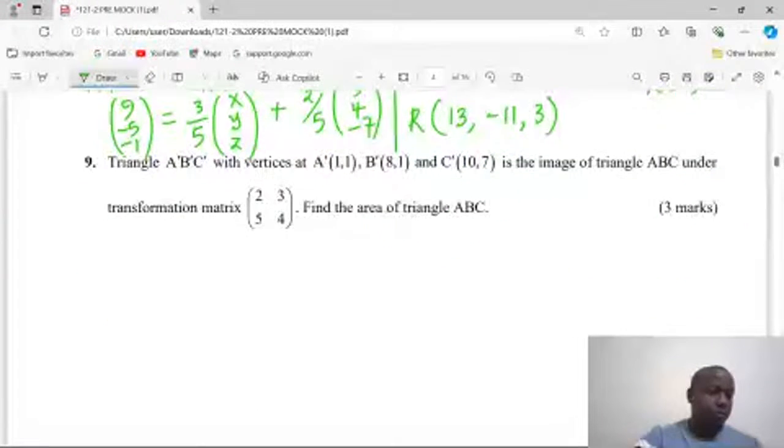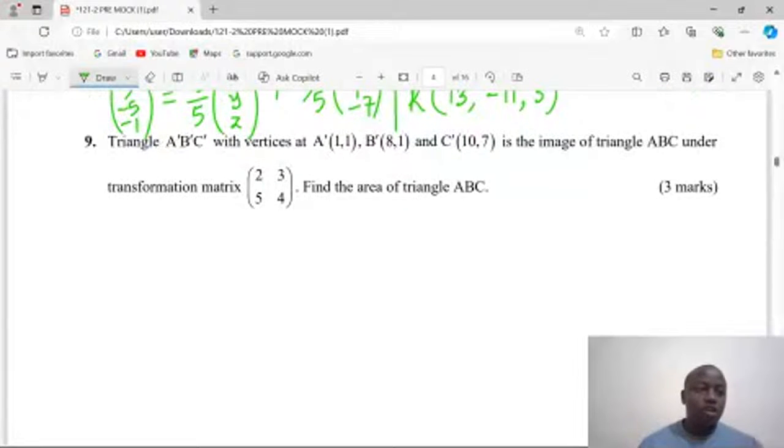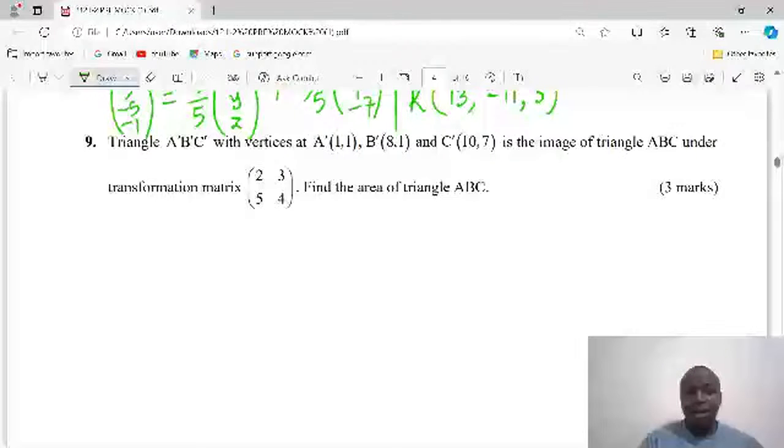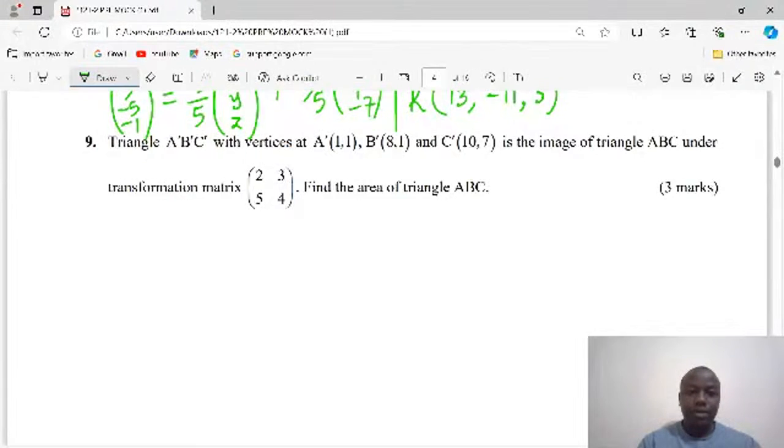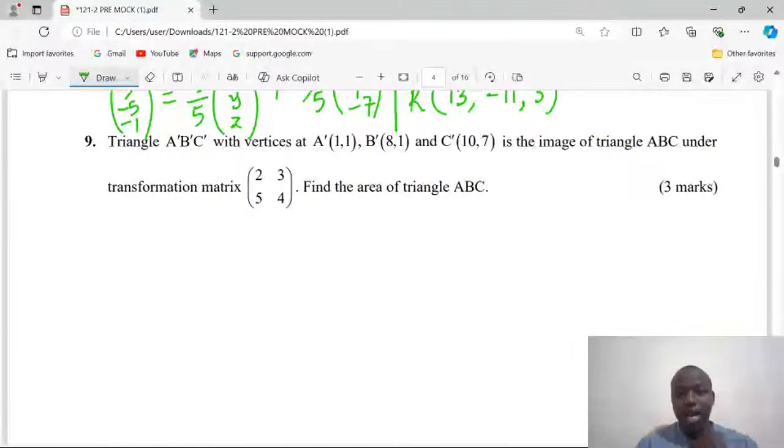Number 9. Triangle A'B'C' with vertices A'(1, 1), B'(8, 1), and C'(10, 7) is the image of the triangle ABC under the transformation matrix 2, 3, 5, 4. Find the area of the triangle ABC. The first thing we are going to do is work out the area of the first triangle,